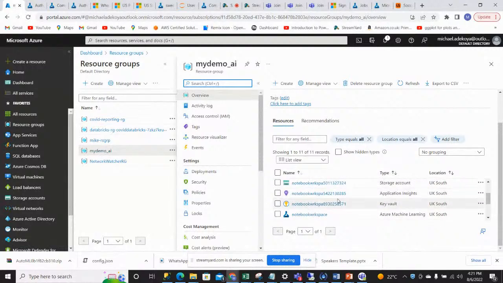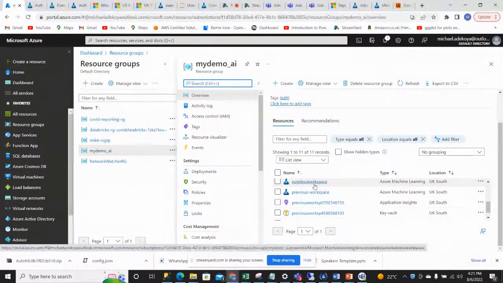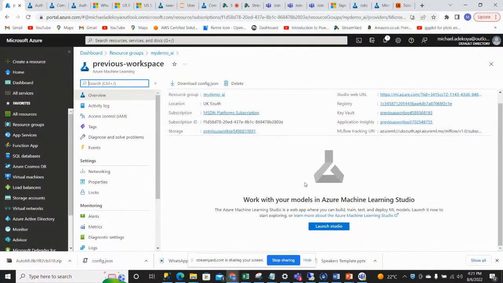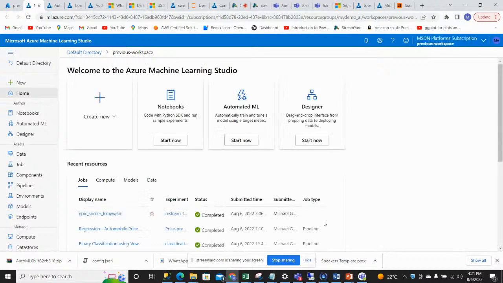So I have two workspaces on my resource group, which are the notebook and the previous workspace. So I'll just go to the previous workspace. Now when I launch my studio, there's something I just want to show us quickly. Suppose you follow the settings and the environment details that I mentioned earlier, it will create the environment for us,